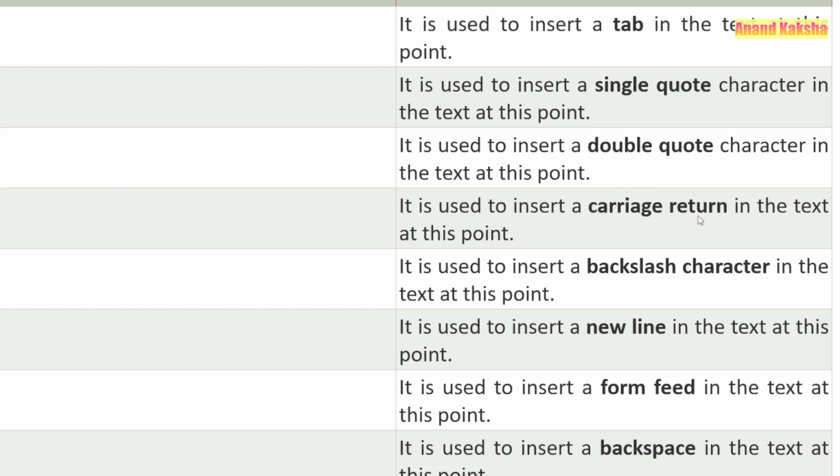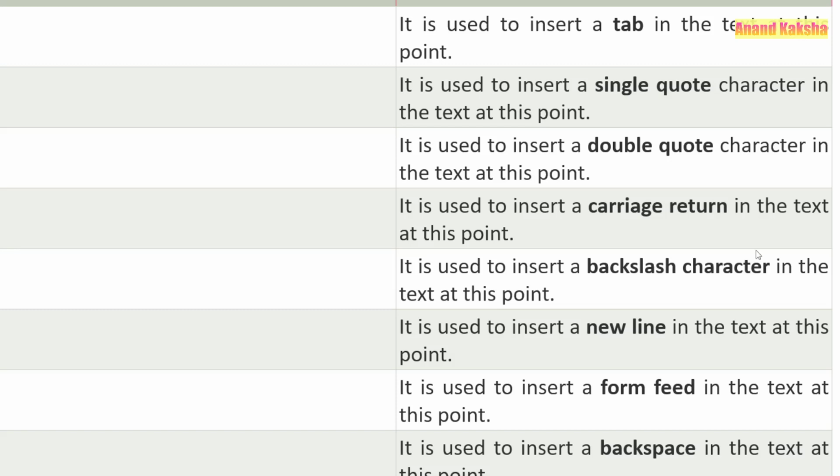r for the carriage return, and double slash मतलब backslash character, स्लैश एन मतलब न्यू लाइन हमारा अपने आप आगे आ जाएगी। मतलब जैसे हम प्रिंट करते हैं अकाउंट कोई भी टेक्स्ट को, तो अगर हम स्लैश एन लगा देंगे तो जिसके आगे हम स्लैश एन लगा देंगे तो वो जो लाइन होगी वो नई लाइन से स्टार्ट हो जाएगी। फॉर द फॉर्म फीड के लिए हम स्लैश एफ यूज करेंगे एंड बैकस्पेस के लिए स्लैश बी यूज करेंगे।